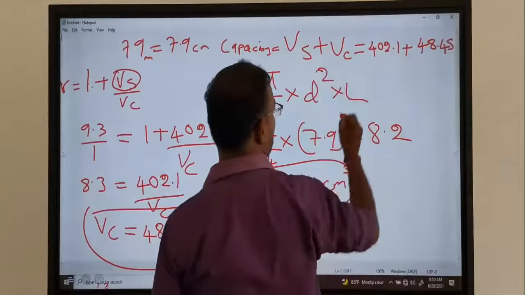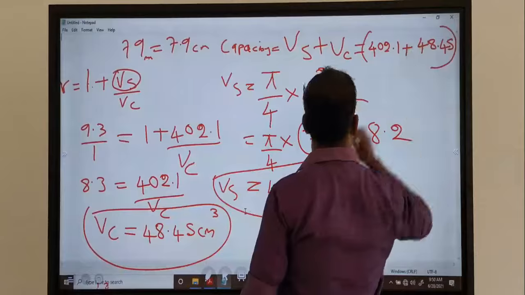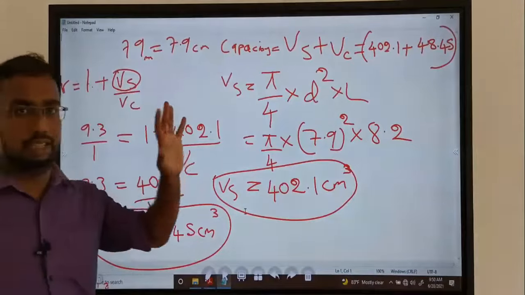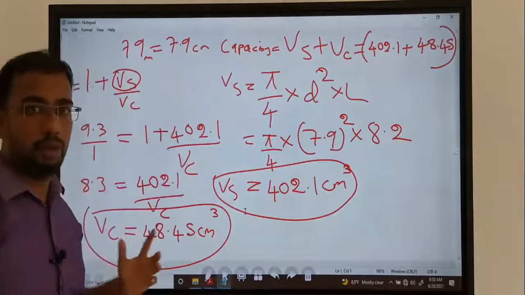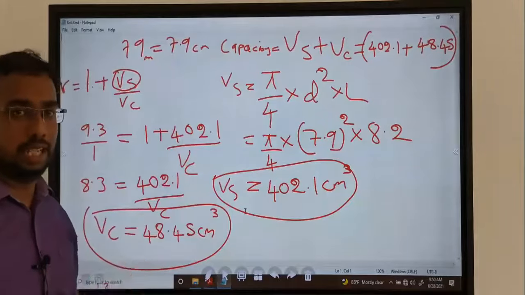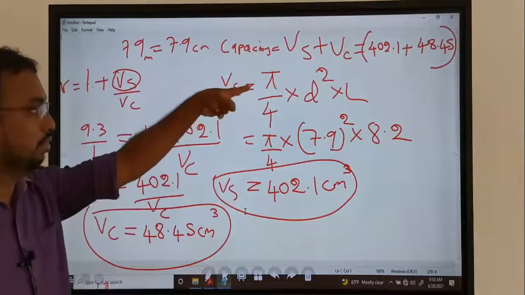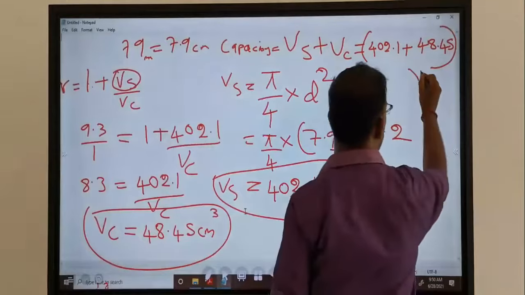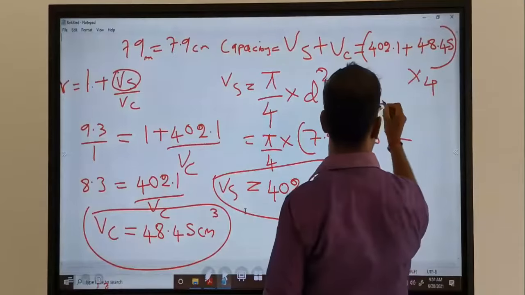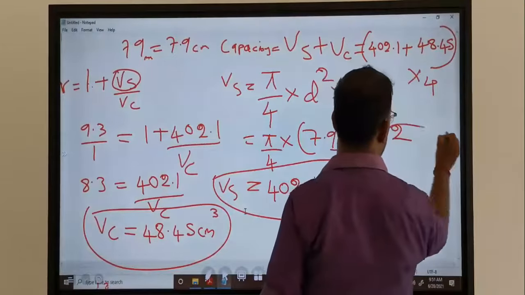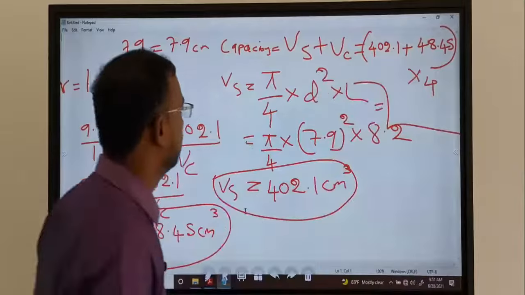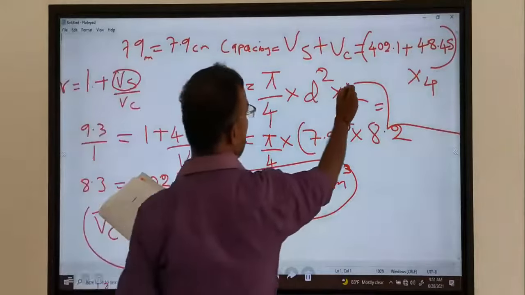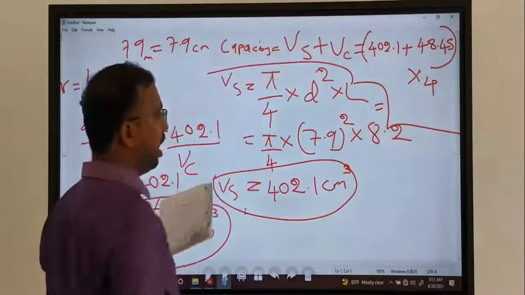But here you can see, is this enough? No. This is for one cylinder, but here it is told four cylinder. The engine has 4 cylinders. So this is the volume of one cylinder multiplied by 4. So then the answer will be...